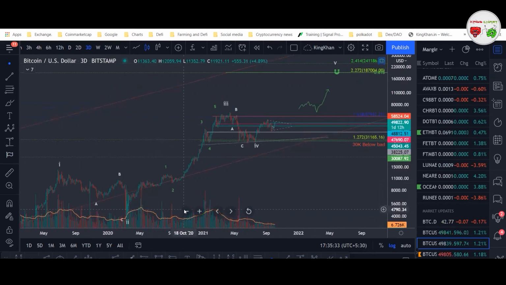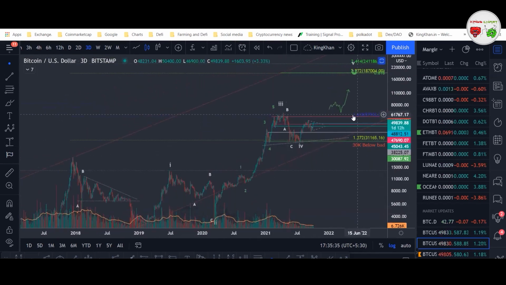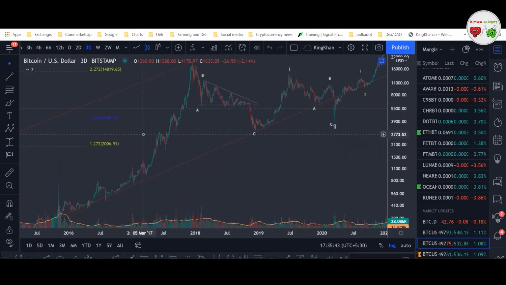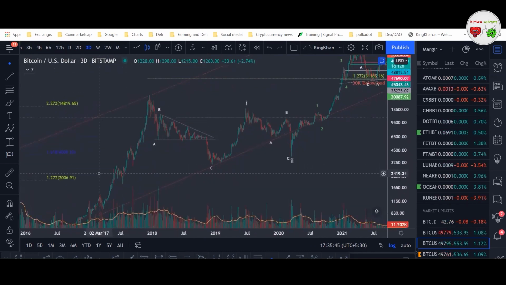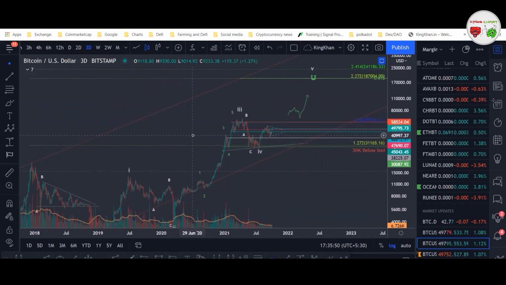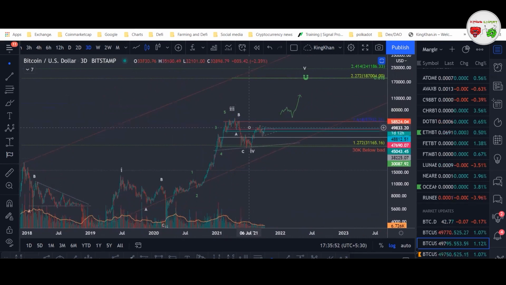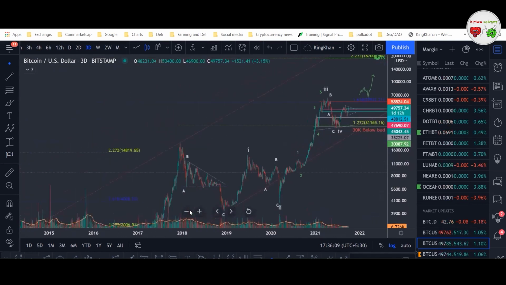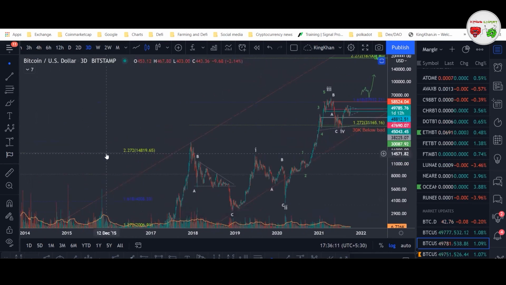You can see we hit around the 1.618 level, the peak of the first high here, and dropped to 1.272 like we did here, in 2013 and 14. Same thing you can see here. First peak at the 1.618 level, then we dropped to 1.272. Then price consolidated between these zones, and if we follow the cycle analysis and the cycle history, then we